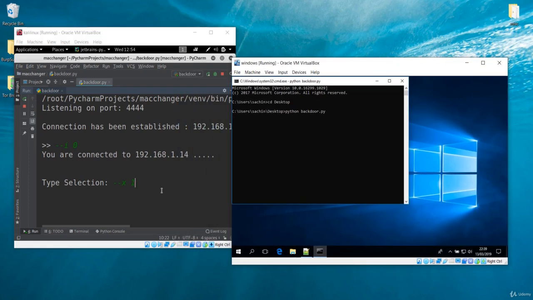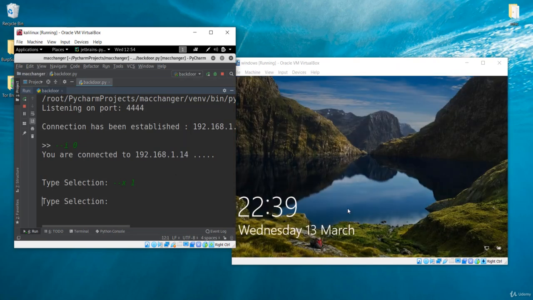Let's see if we can lock this system or not. If I hit enter now, you can see it has been directly locked. This system has been locked.